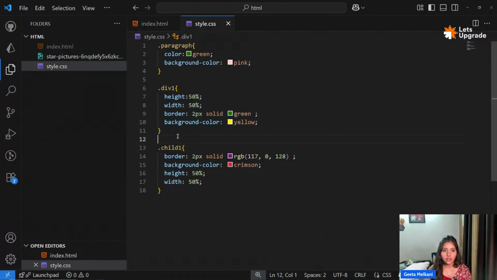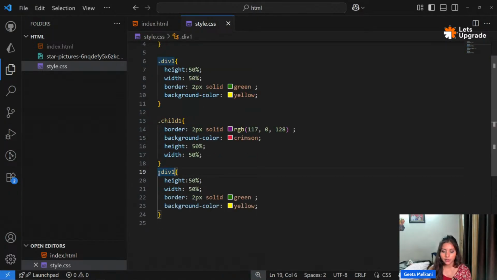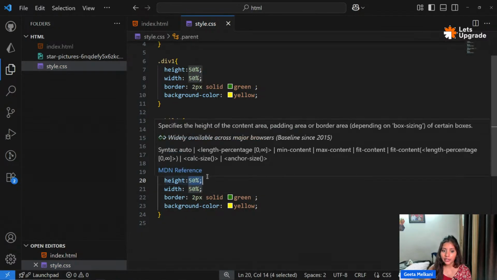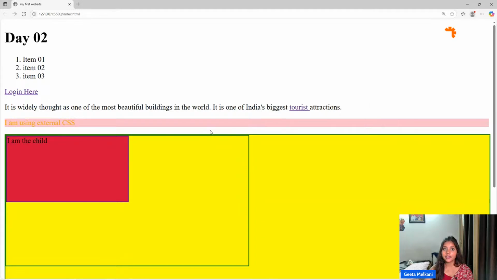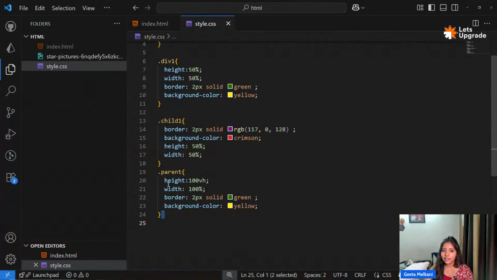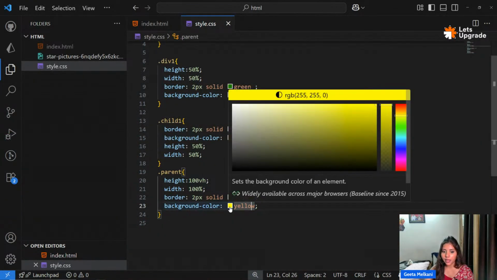Now two things I'm going to explain here, so please be careful and mindful. I'm going to give a class parent, and to this parent I'm going to give height 100 vh. What is 100 vh? And width 50%. 100 vh is view height, which is the entire screen, one page. If I say 200 vh, it will take 2 pages. So whatever you see on the screen right now, this is 100 vh. So to the parent I gave 100 vh height, and I give background color